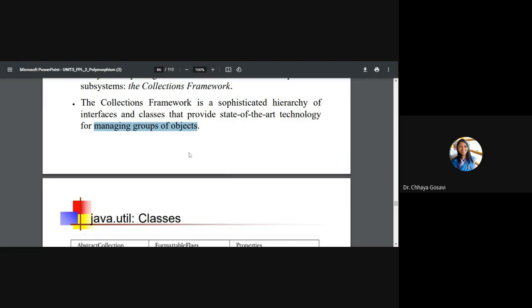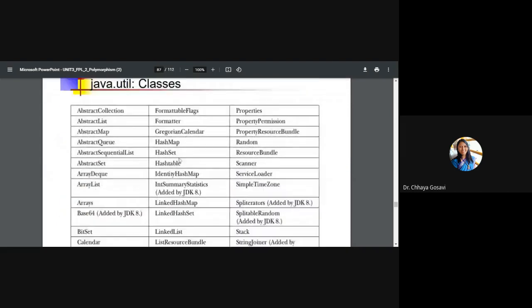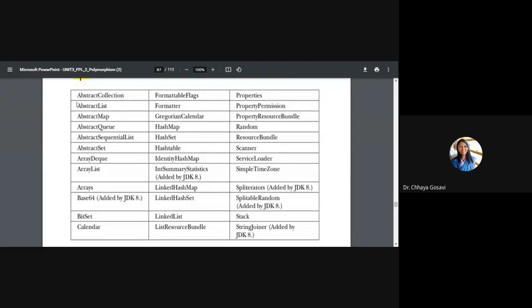Now these are the classes available in the java.util package. Just to look at the variety, it has AbstractCollection, List, Map, Queue, Sequence list. I don't think you'll understand these keywords yet. Second year you'll understand it better. It has the Arrays class, the Calendar class, then HashSet, HashMap, LinkedList, Stack class, Scanner class.